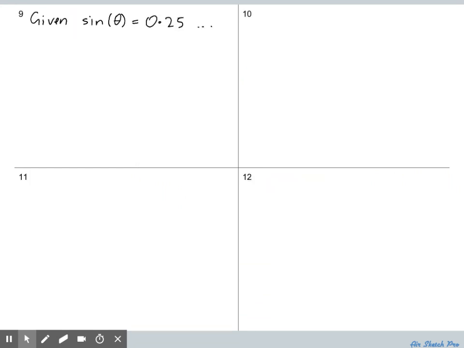Here we go. Given sine theta is equal to 0.25, what is